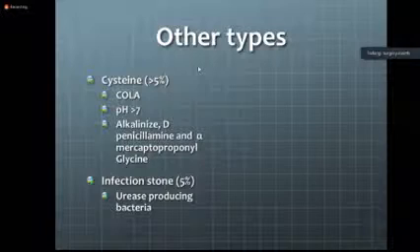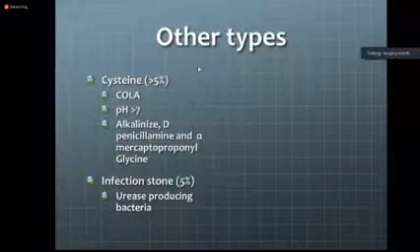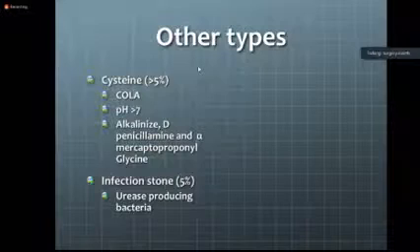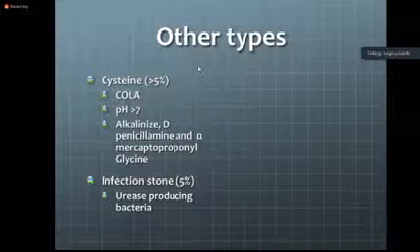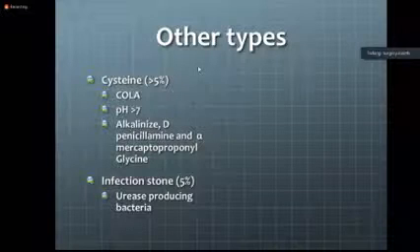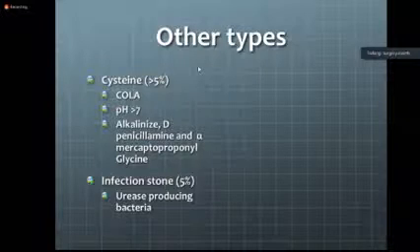These stones typically form in acidic pH, so you need to alkalinize urine or use D-penicillamine and mercaptopropionyl glycine. I don't know if the latter, alpha mercaptopropionyl glycine, is available or not, but D-penicillamine is definitely available in